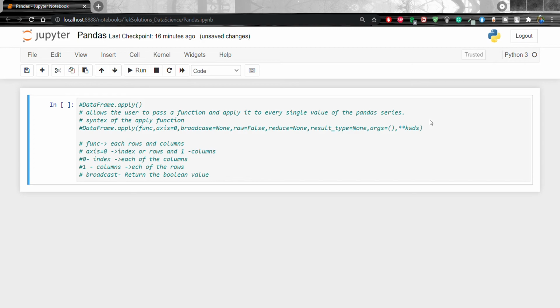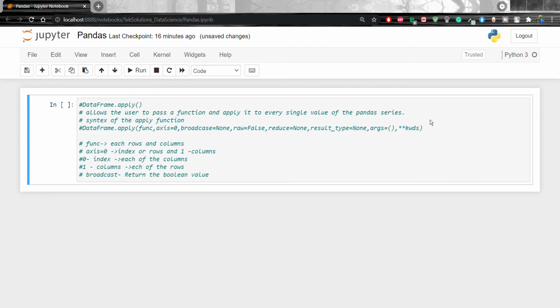Now I am going to apply the lambda. Info.apply lambda x: [1, 2], and we are going to pass axis equal to 1, that means row. So what it will do is apply the lambda to every row, means 0 gets 1 2, 1 also 1 2, 2 also 1 2, and 3 also 1 2. Okay, shift enter, right? 0 is 1 2, 1 is 1 2, 2 is 1 2, and 3 is 1 2. Okay, and you see the object that is going to return.